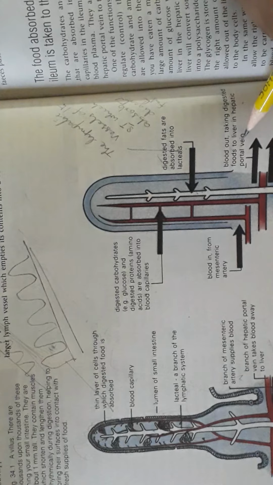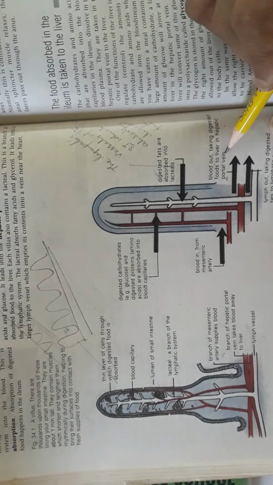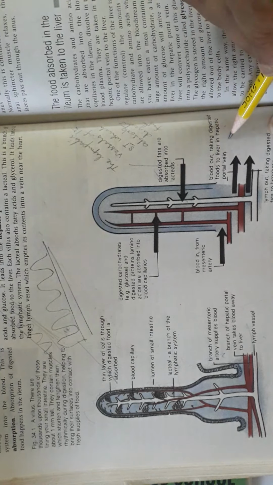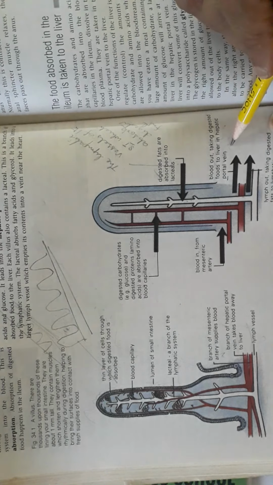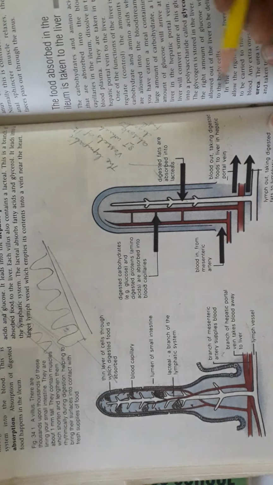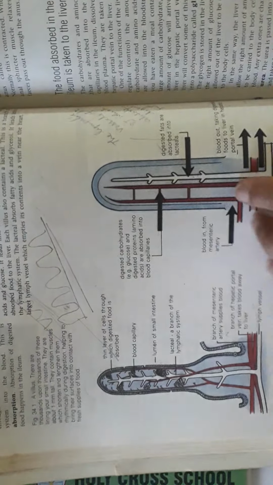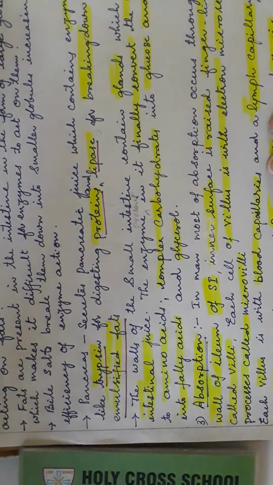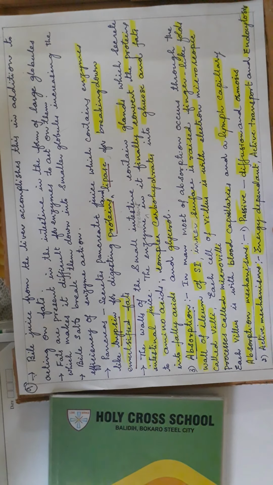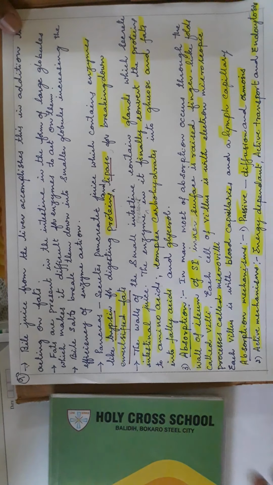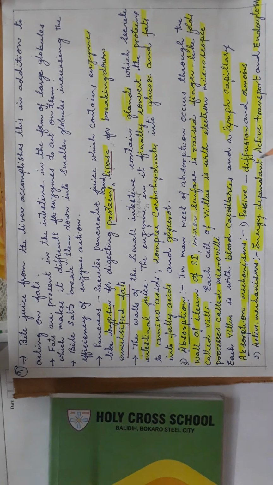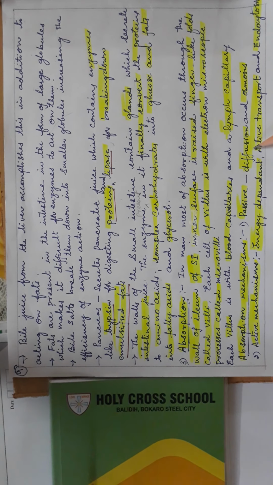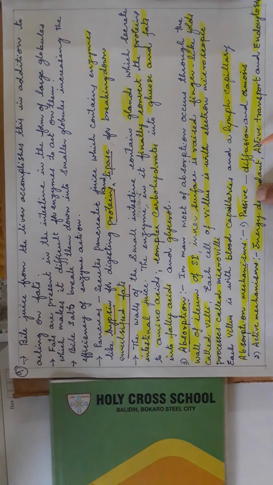After that, the blood takes the digested food lastly to the liver through the hepatic portal vein. Hepatic means liver; the hepatic portal vein is the vein that comes and relates to the liver. Okay, the diagram you understood. Now, absorption: two kinds of absorption will be there, passive absorption and active absorption. What is passive absorption? Passive absorption means there is no expenditure of any ATP energy.